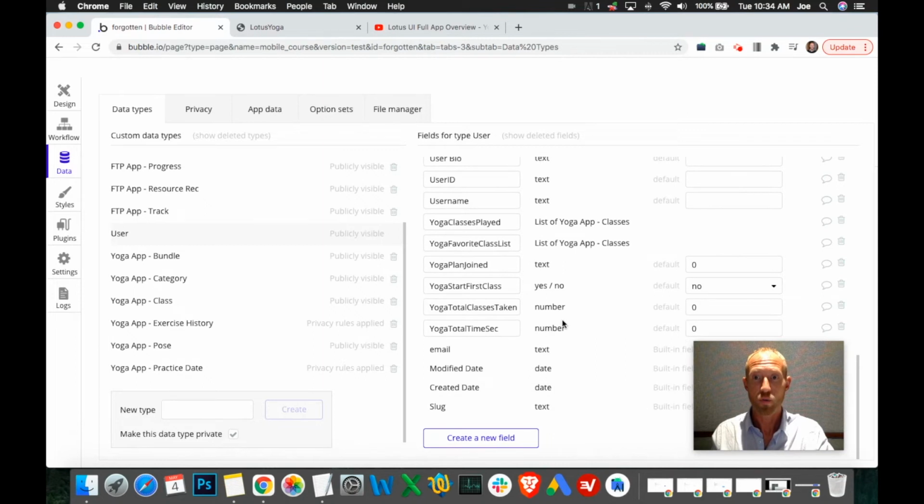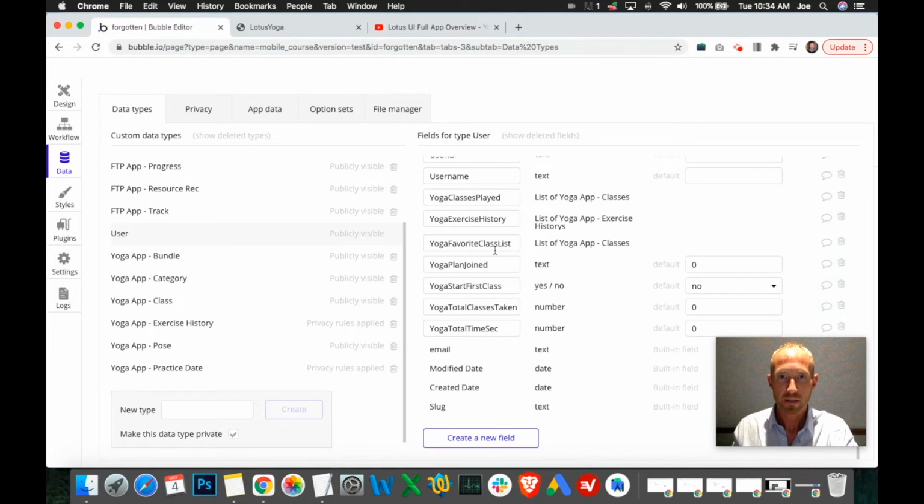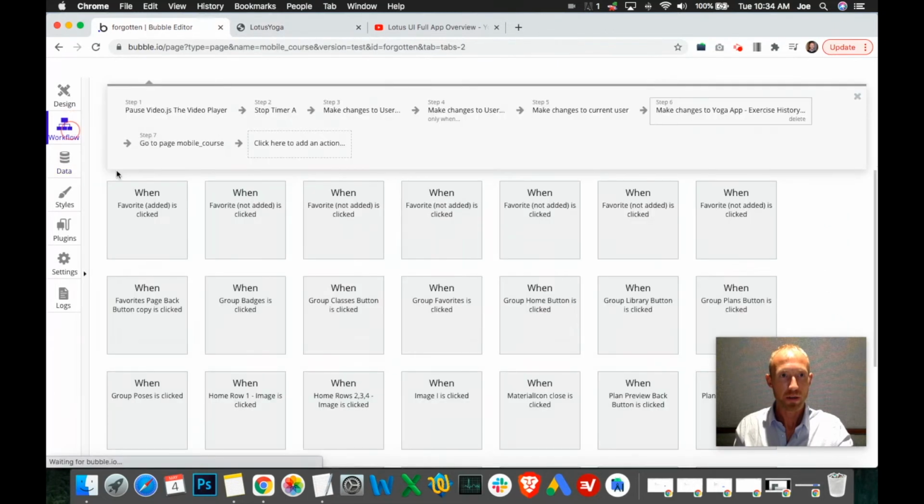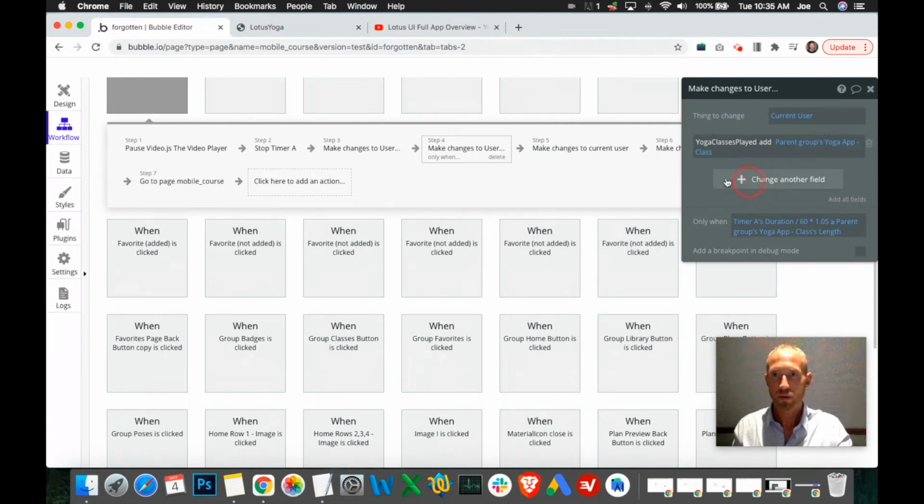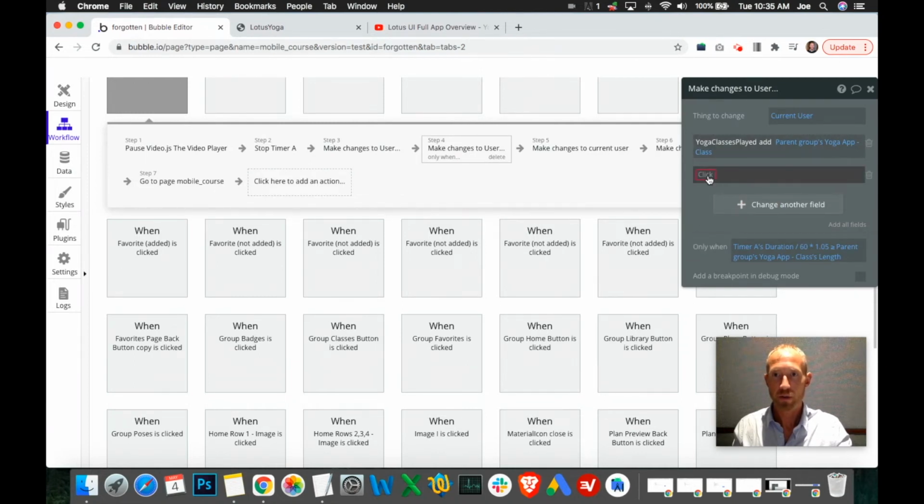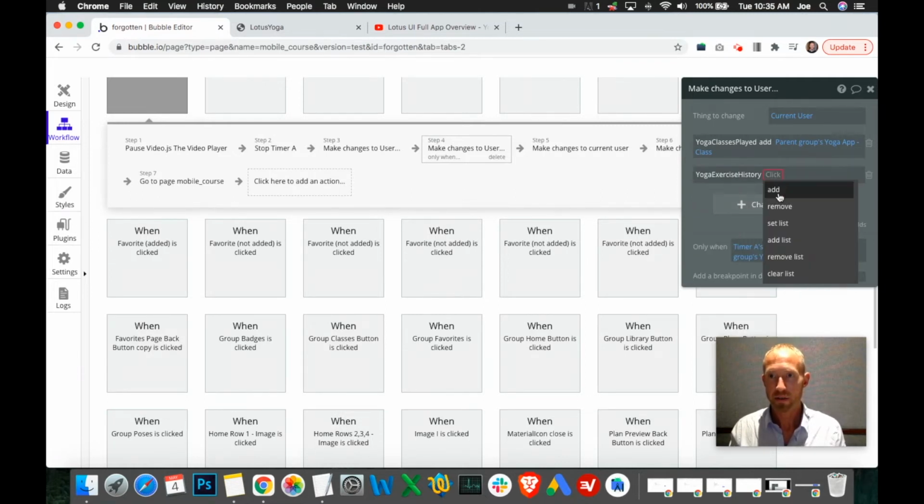Why use this? I want to name that correctly, so I keep my messy multiple app data clear. So, okay. Then we also want to make a change to, we can just use this same workflow step, that the yoga exercise histories, we want to add,